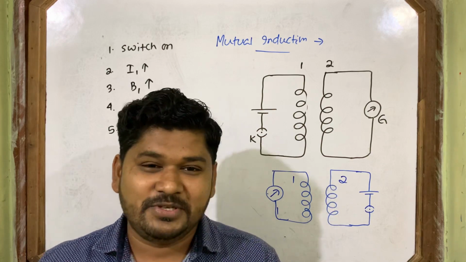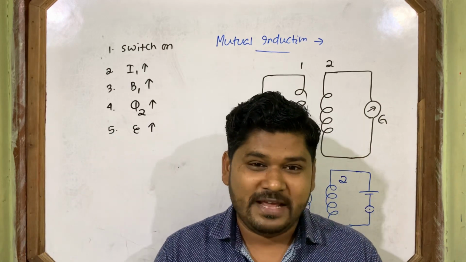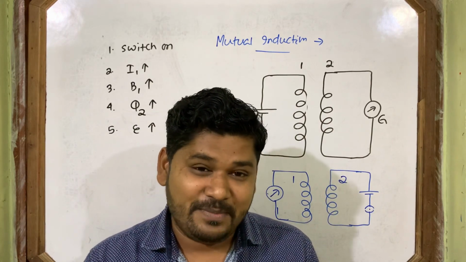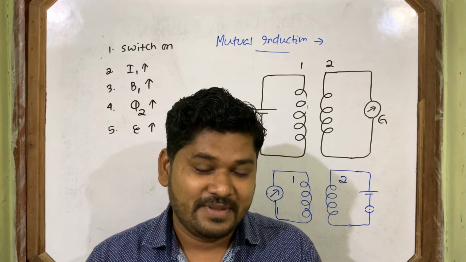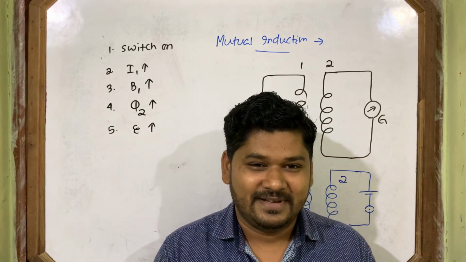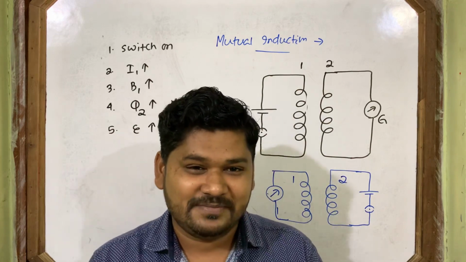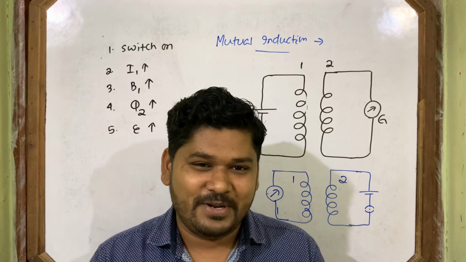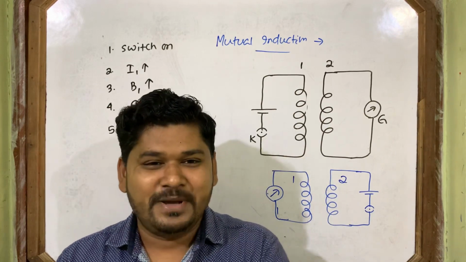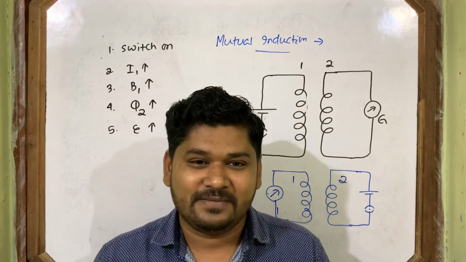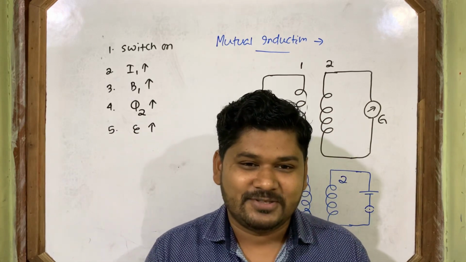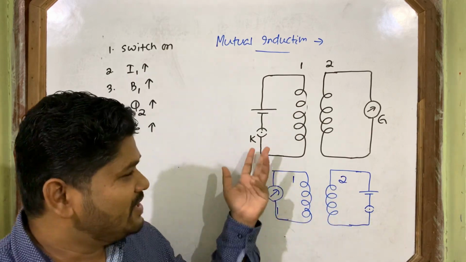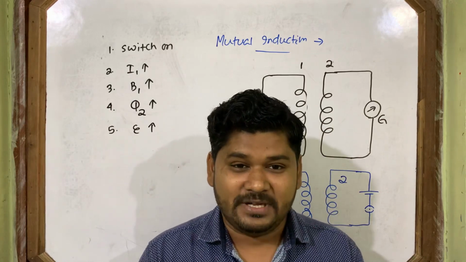It is like mutton being cooked in your neighbor's house, but the smell comes to you. You have no business with the mutton. And when mutton is cooked in your house, your neighbors will smell it too. It's just mutual. So the property is just like that, though not exactly similar. So this is the mutual induction property.